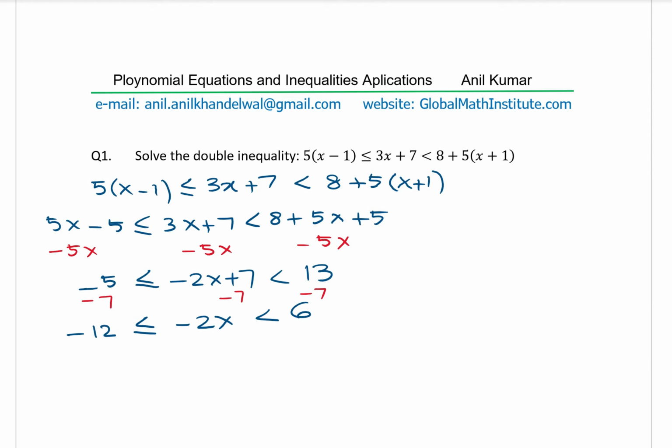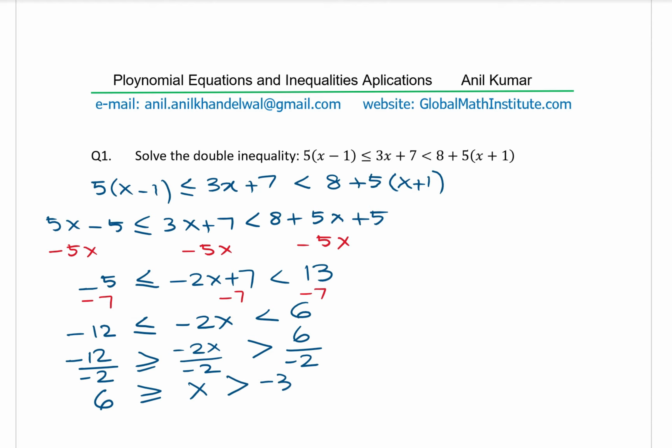Now, we have minus 2x. I have to divide by minus 2. When you divide by minus 2, then what happens? The sign has to change. You get the idea, right? The sign has to change. So I'll rewrite this saying minus 12 divided by minus 2, and look here, the sign changes, right? So minus 2x divided by minus 2, sign changes. 6 divided by minus 2. Perfect. So minus minus becomes plus, so we get 6 here is greater than equal to x, which is greater than